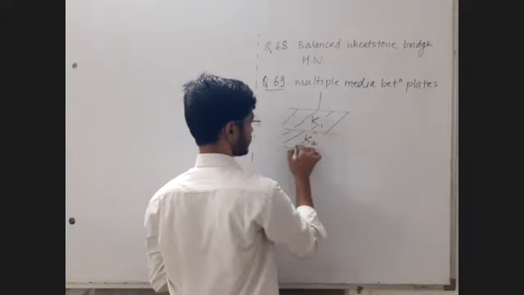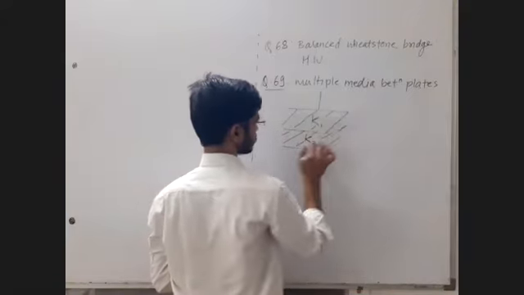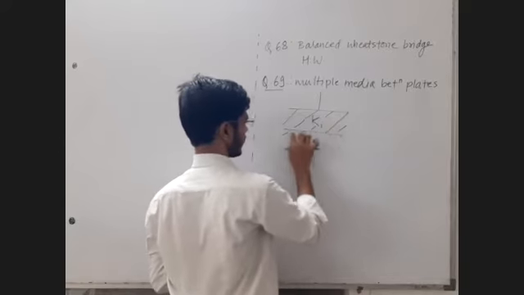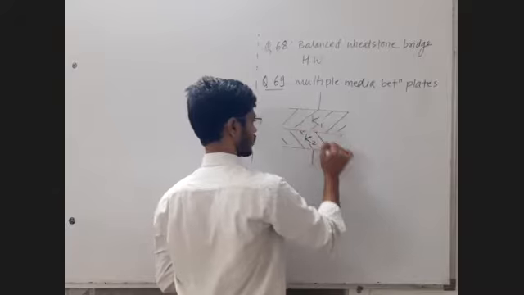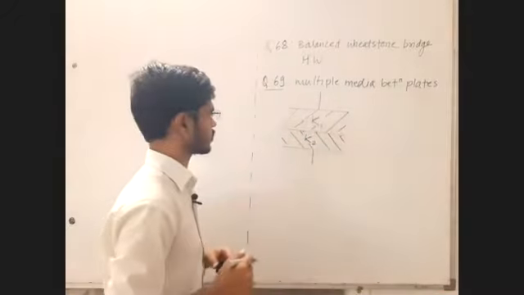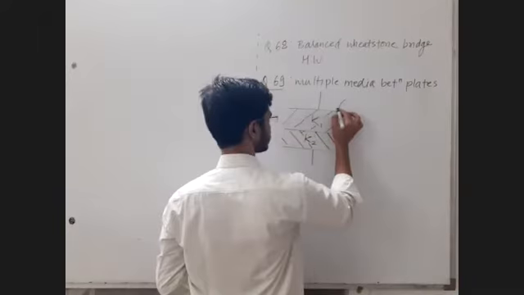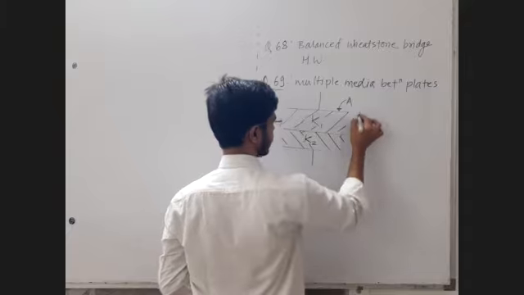There are two dielectrics. Draw it like this so that you can identify. Second dielectric, draw it like this. So now you are given two dielectrics. First has dielectric constant K1, second has dielectric constant K2. The plate area is A here, and the total plate separation is small d.